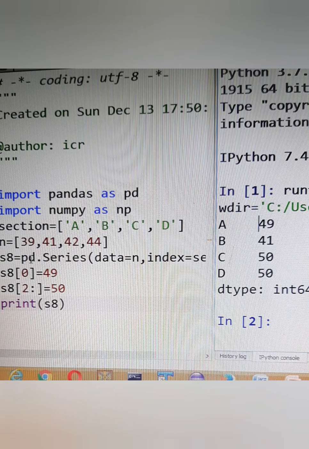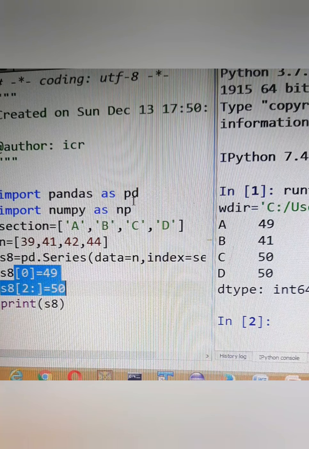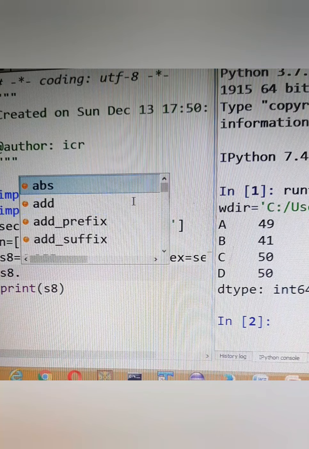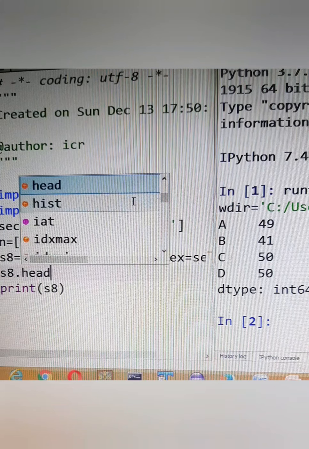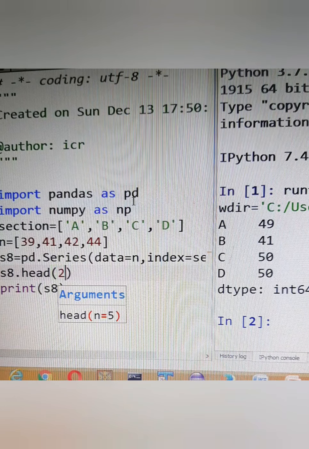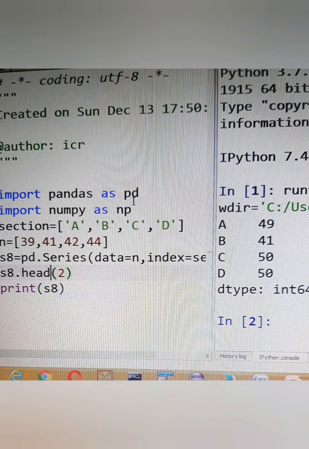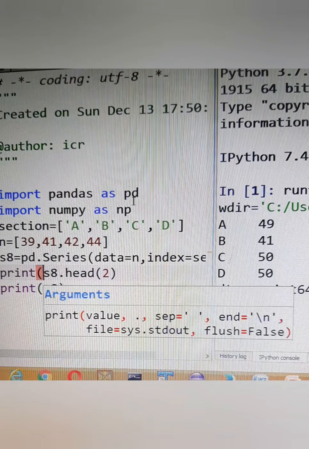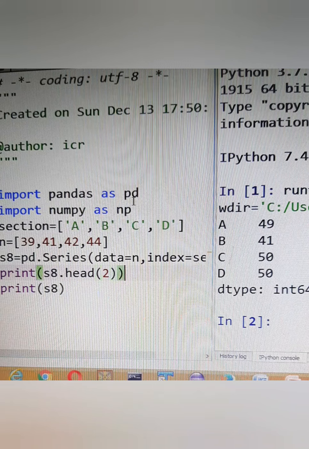So let's see how to make use of head and tail. I am working on this series object only, S8.head, and if I write 2, and that too I am writing in print, and I will remove this print S8.